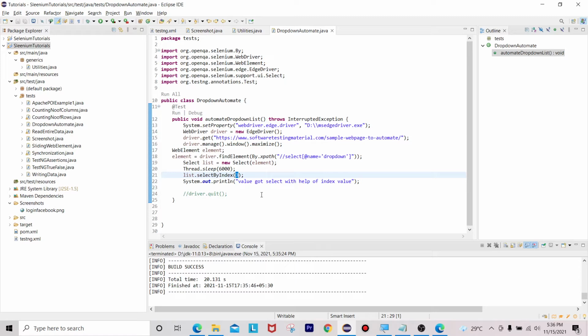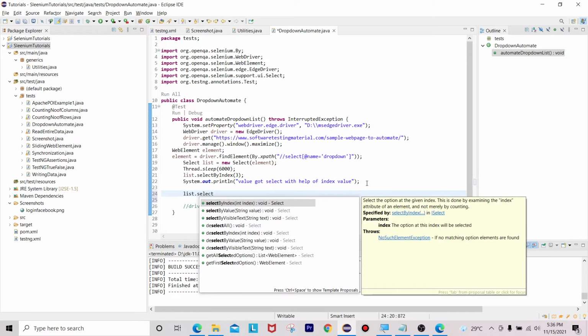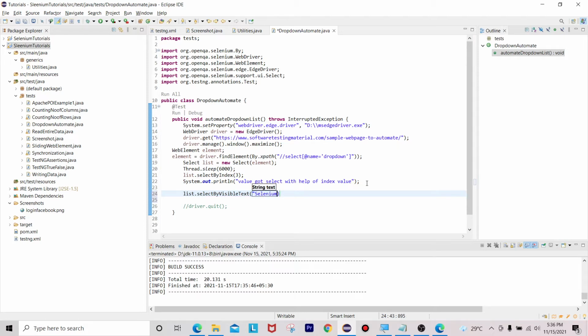For that I am doing the same. First I am selecting manual testing and printing that value, and now I am going to use list dot select by visible text. What is that visible text? We have Selenium. Here also I am going to use thread dot sleep.